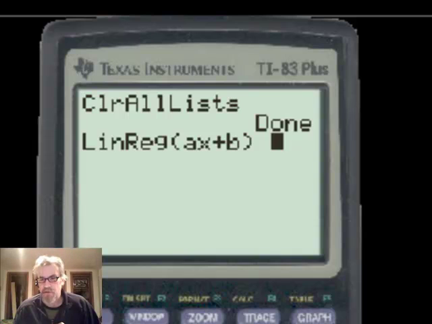Option 4 is linear regression. And on the x-axis I have list 1, so I'll do second function 1, then a comma. After the comma comes what's on the y-axis, which is volume, and that's list 2, so second function L2. Now I'm going to paste that into the graph after I find my